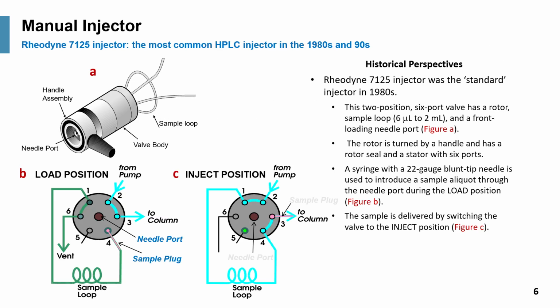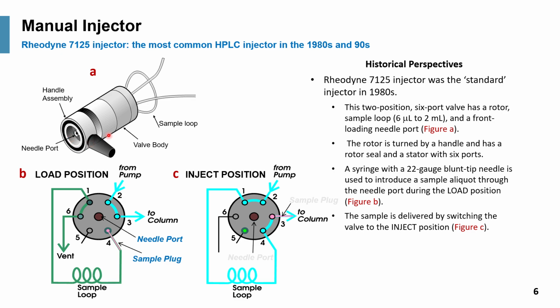I'd like to take some time to describe the manual injector because that really makes sure that the user understands how a manual injection is being done, typically by the user sampling. The user actually is the sampler, and would use a Hamilton syringe, a blunt tip syringe, to aliquot, let's say 10 microliter from a vial by pumping it up and down, and then deliver the aliquot precisely into a